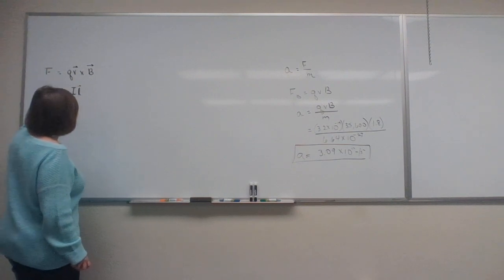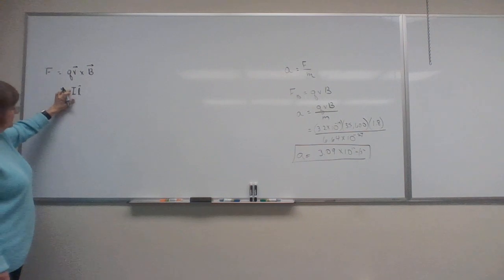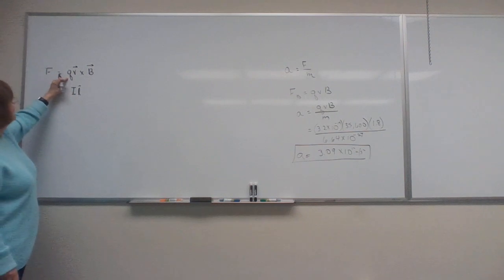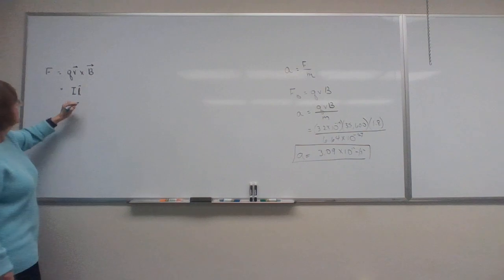Notice current is amps, and L is meters. Say one more time. This is coulombs. This is meters per second. This is coulombs per second times meters. We still have the same units here. Cross